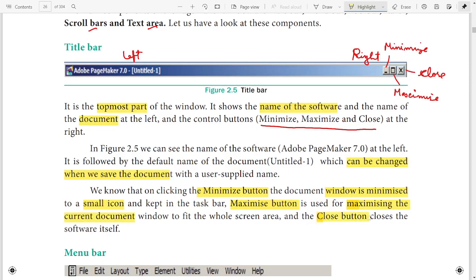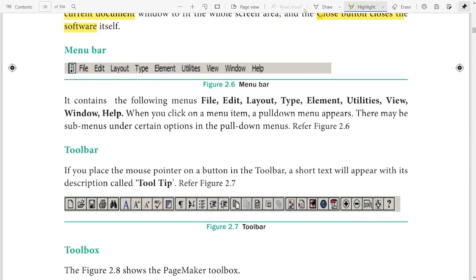The close button closes the document and the software. Is it clear? So the title bar has the name of the software and the name of the file on the left side, and minimize, maximize, close on the right side. Each has its functionality. The default file name Untitled 1 can be changed when you save the document. Is it clear?